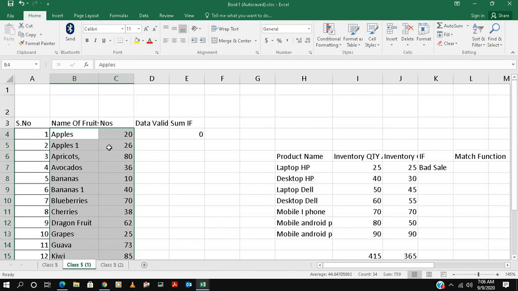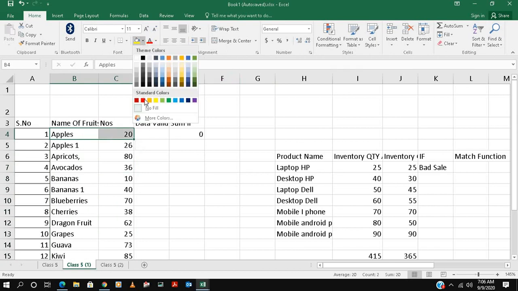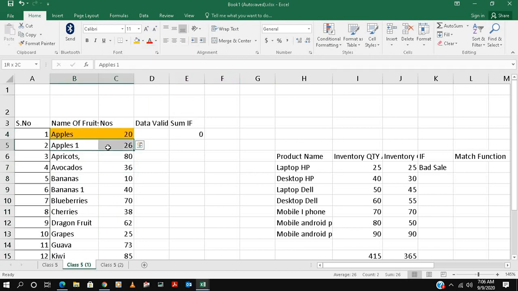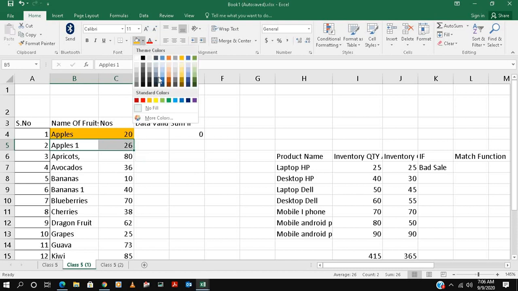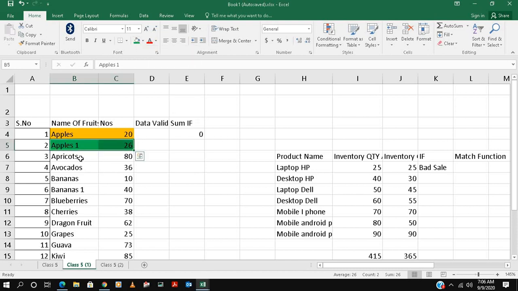So Apple now 20, Apple 1 is 26, Apricot. Then we will give a different color to this. Okay, so it looks a little bit good, a little bit nice. Then you go to, no, we'll do some different color.